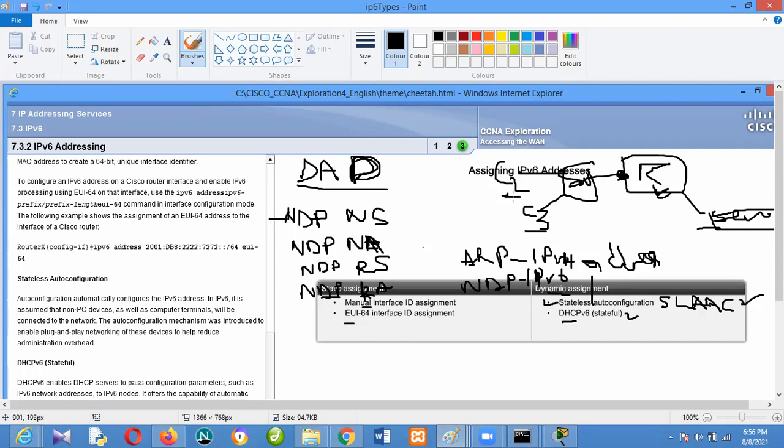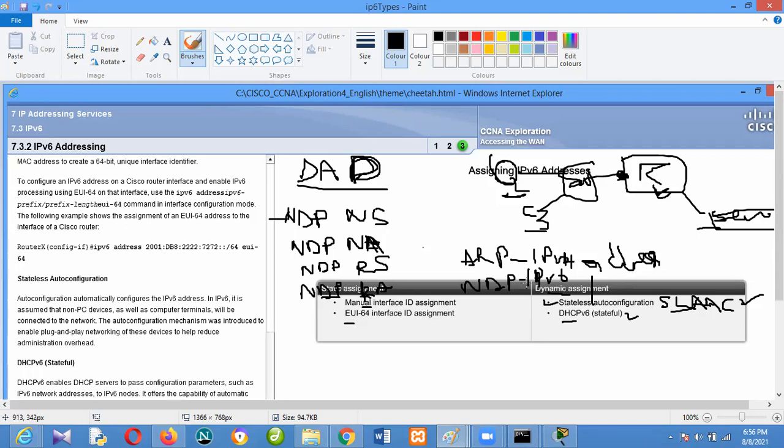When this system, for instance this C2, requests for an IP address under SLAAC, and the router gives it an IP address, of course what happens is NDP RS, that's what this guy will send. The router will respond with NDP RA. It doesn't mean the router cannot send NDP NS. As far as it's going to a host, it is neighbor solicitation. It can come from another host or another router. So you just need to know neighbor and router, and what is S and A.